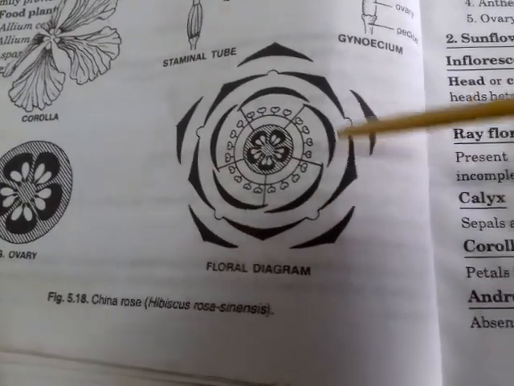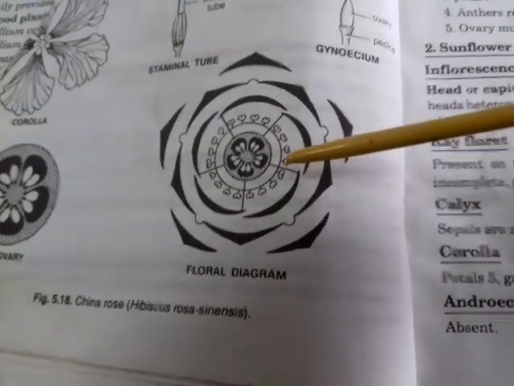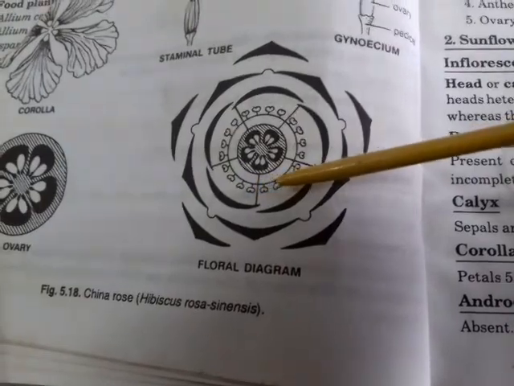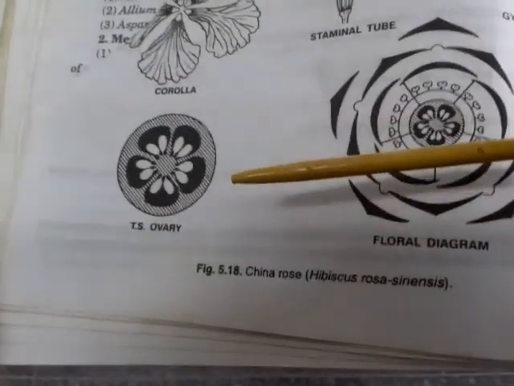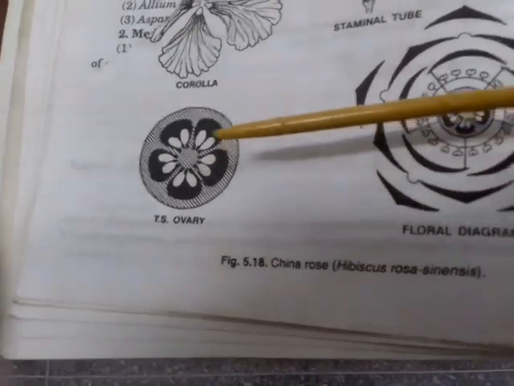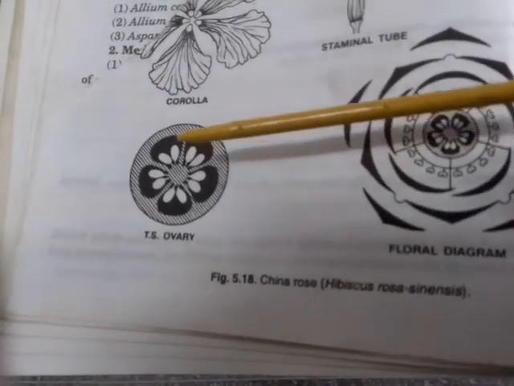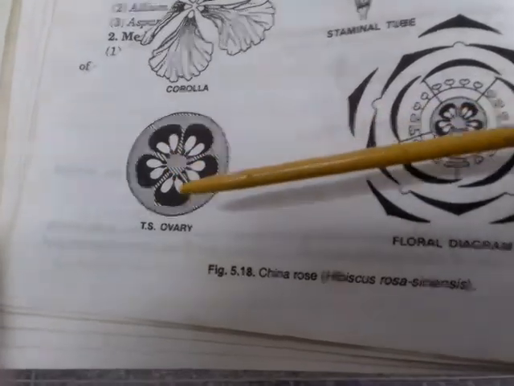Then here you can see this is the arrangement of the petals, and the petals here are joined to the ovary here, and the anthers are given, huge numbers are there, and here you can see the placentation in the TS of the ovary. This is an axile placentation. You can see the carpels, there are 5 carpels or 5 chambers, and in the middle you can also see the presence of the ovules.